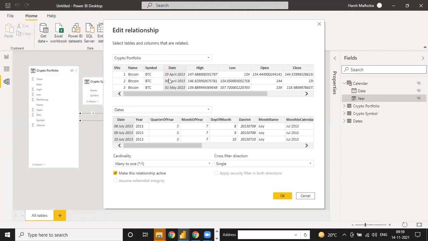But in the dates column, every date is unique. Suppose you select 8 July, only one 8 July is there in this table, not a second 8 July. But if you select 29th April in the portfolio, it has duplicate values. That is the reason that many dates connected with one date, the relationship, is called many to one. Suppose your date table is above and the crypto portfolio is below, then the relationship is one to many. So this is similar, many to one or one to many.